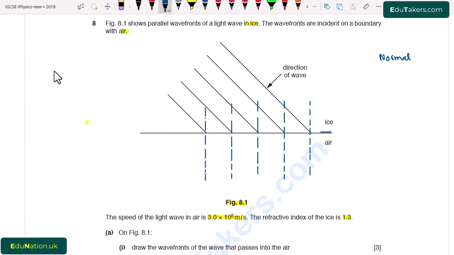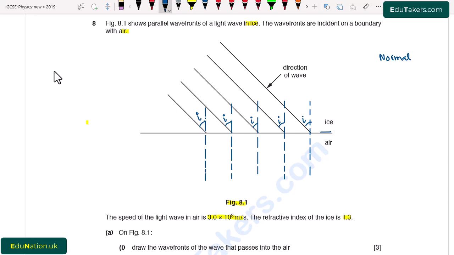And we also have mentioned the angle of incidence and angle of refraction. So first of all, angle of incidence is the angle that the incident ray made with the normal ray. So this angle is actually the angle of incidence. We have to mention all the angles of incidence. Secondly, we also have to mention the angle of refraction. Similarly, angle of refraction is the angle between the normal ray and refracted ray.